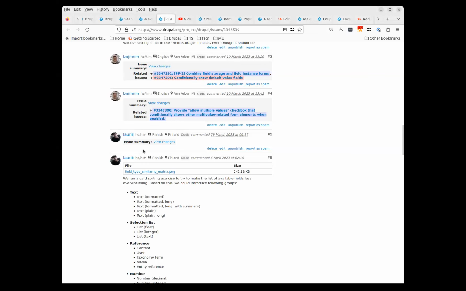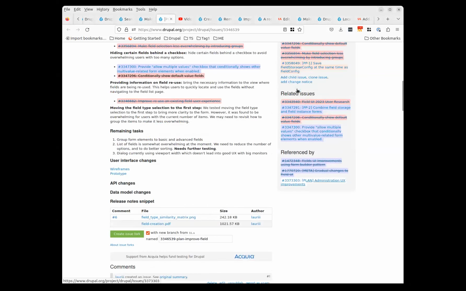Maybe we can start by making comments on the parent issue, the plan issue. Here, let me just briefly share my screen. You mean on the improved field creation experience issue? Yes. Okay. So I'm now looking at issue